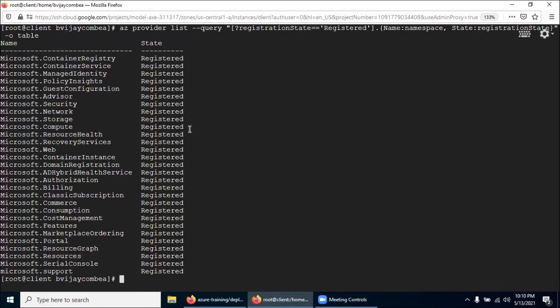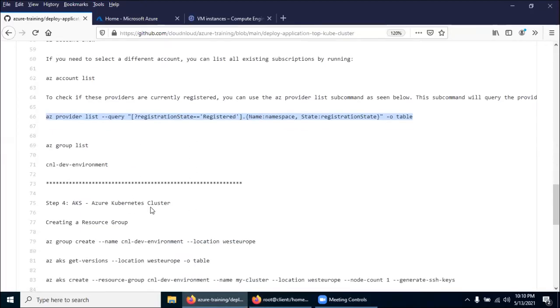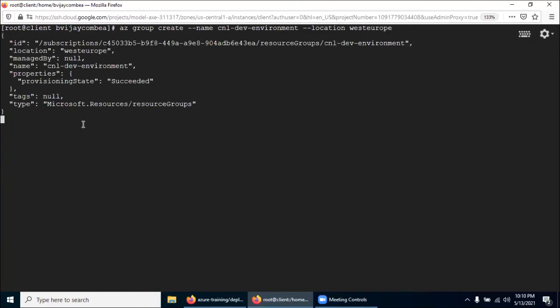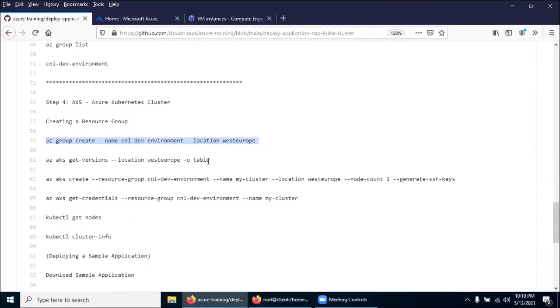Yes, all are registered. Now I'm going to create a resource group called CNL Dev Environment. Yes, it got created.